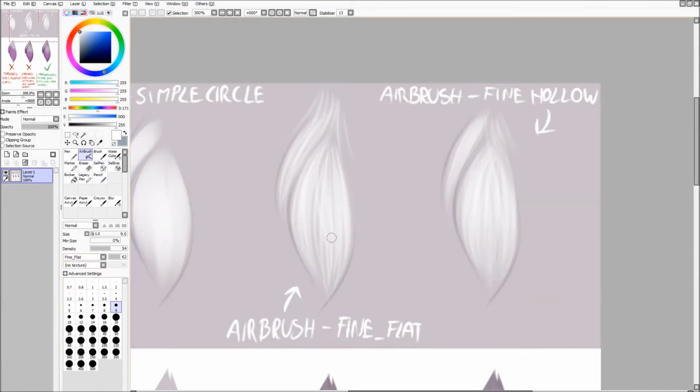I don't know if these brushes are now in default size, but I will give a link to download these brushes